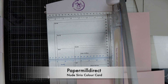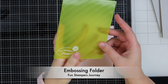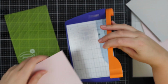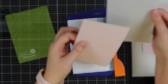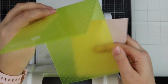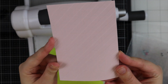which is again Papermilldirect. This is an A4 piece of card, so the bit that we just trimmed down to 4 1/4, I've then just turned the card round and trimmed it down to A5 size on my trimmer, which will leave you with two pieces of card that are A6 in size. I'm just trimming them down on my little trimmer because I'm going to use this embossing folder from Fun Stampers Journey, and I love the diagonal stripes, so I'm just quickly running this through my die cutting machine,